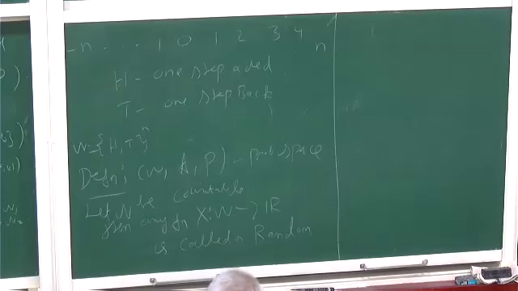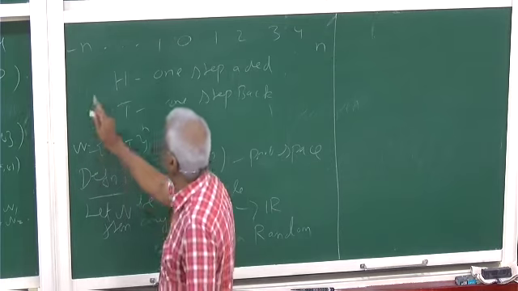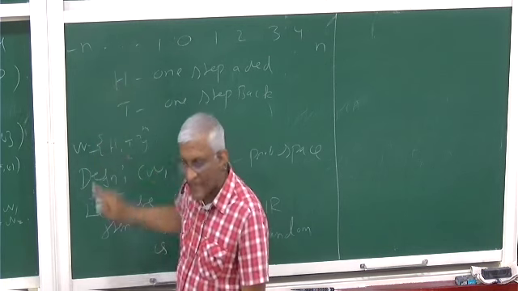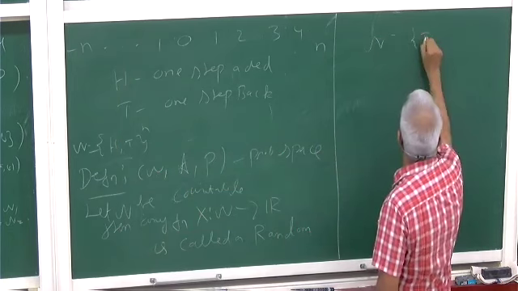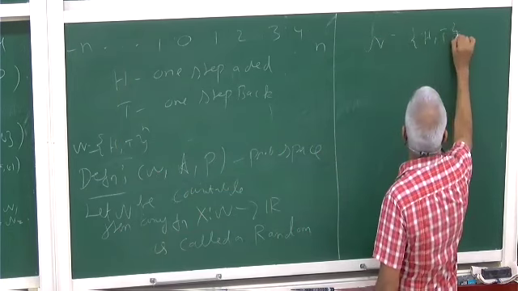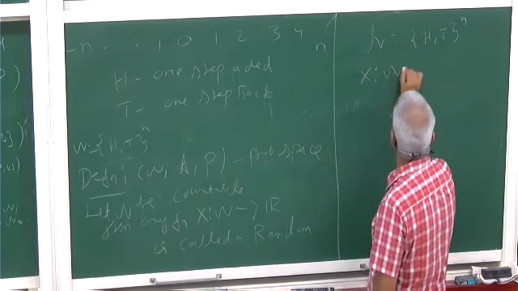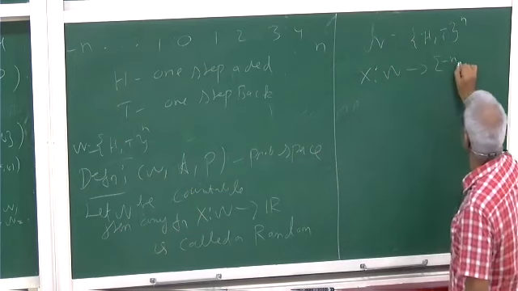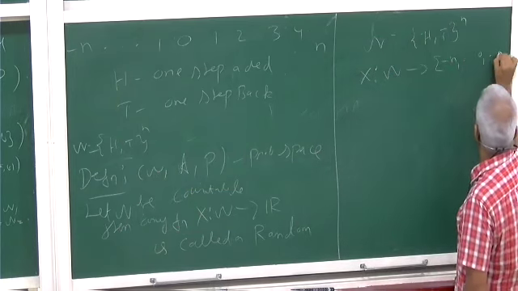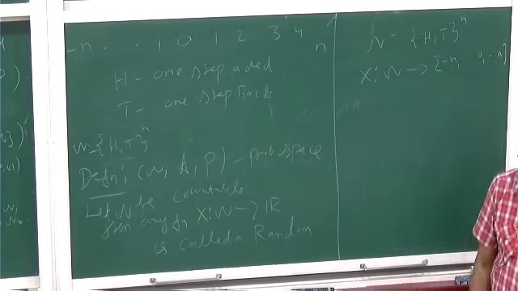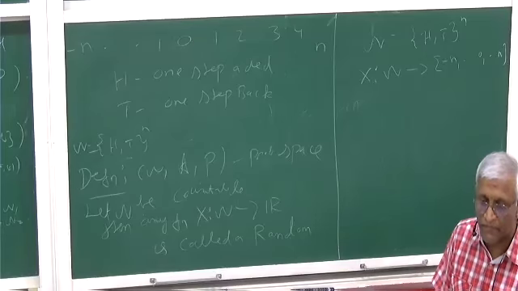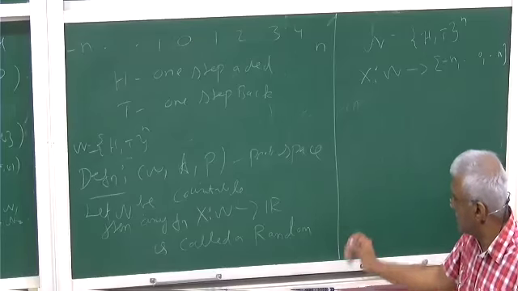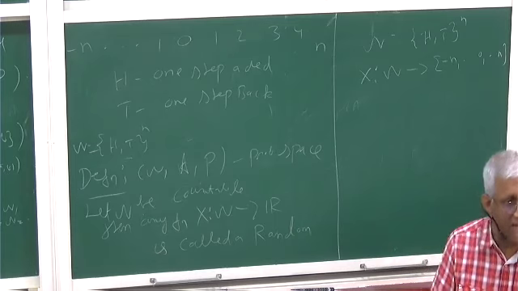Defining the sample space to be minus n to n, our sample space is this. This is a function taking values here. X takes values. So in this case, omega is this. X is a function from omega taking values from minus n to 0 to n. X is the random variable. The random walk is a random variable. That's all. So a random variable is just a function on omega. That's all.